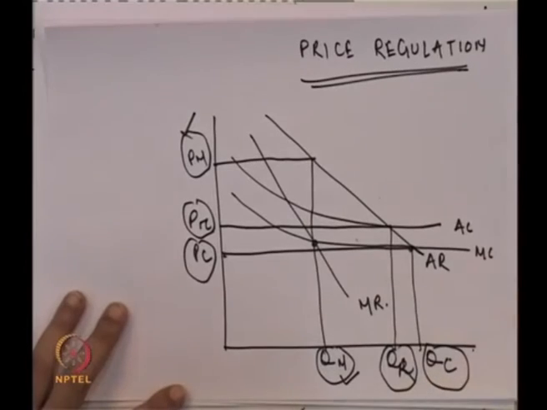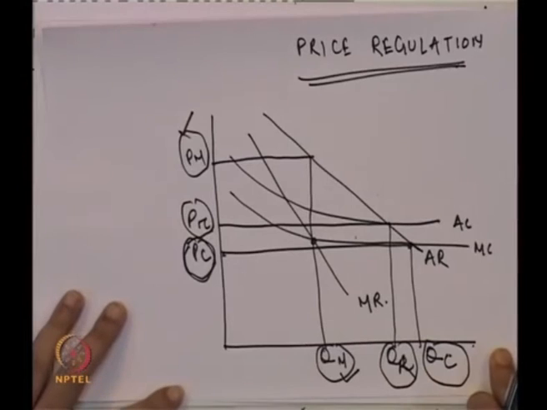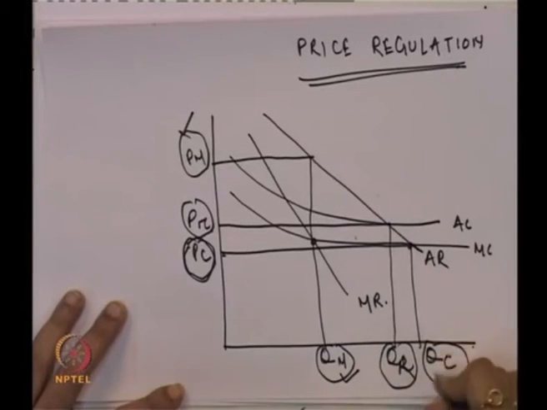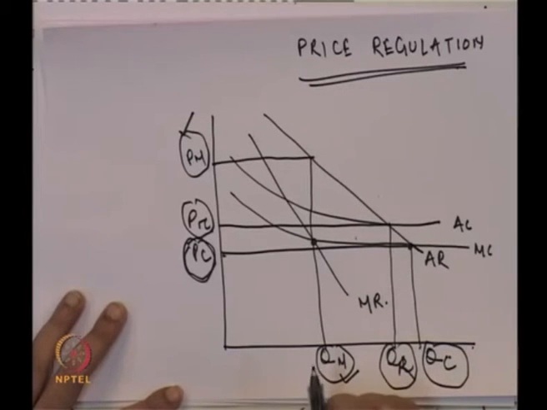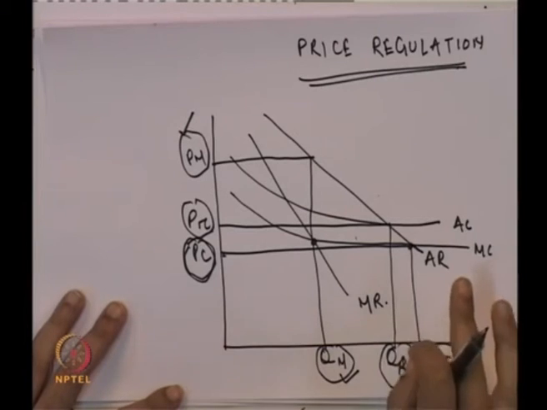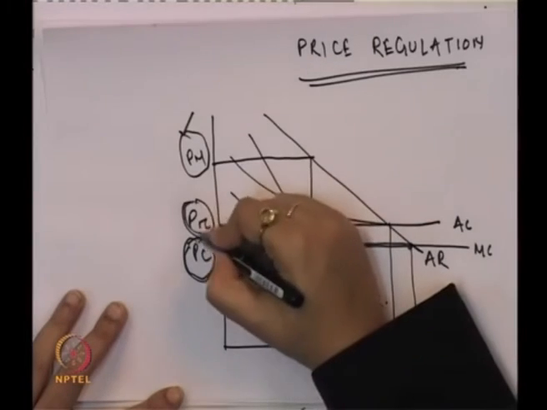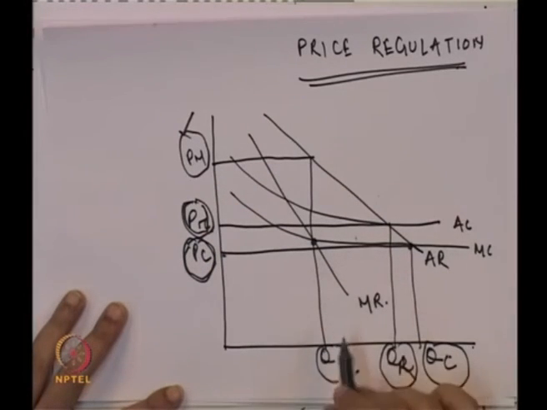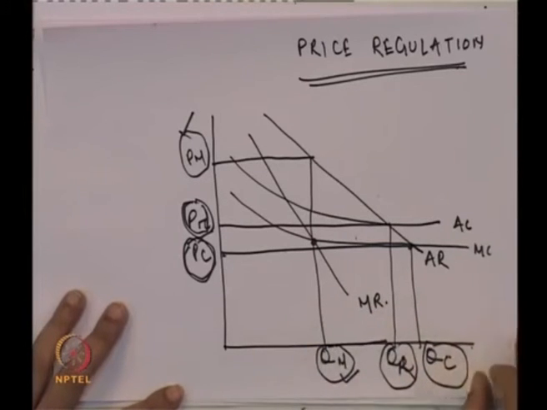So, if you ask the monopoly to produce at the price PC, which is the competitive price, and produce the level QC, generally the monopoly would go out of business because they will lose money and it will not cover the average cost either. So, as a regulator, generally the regulator will fix the price at PR, giving profit as large as possible without going out of business, and that also reduces the deadweight loss associated with the monopoly. So, what is the motive behind this price regulation in the case of natural monopoly?